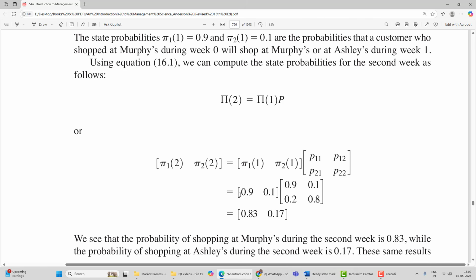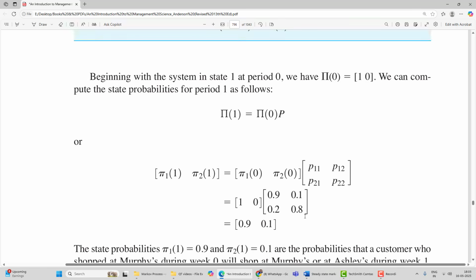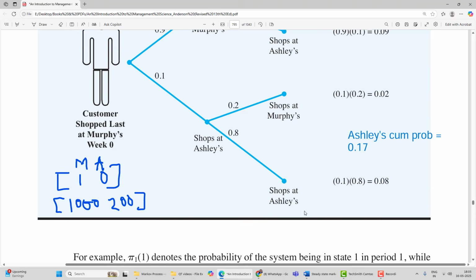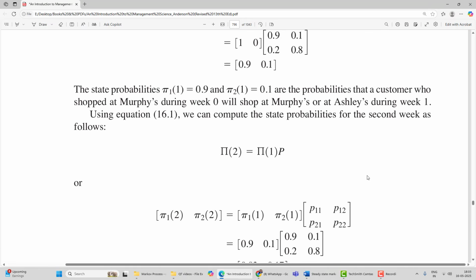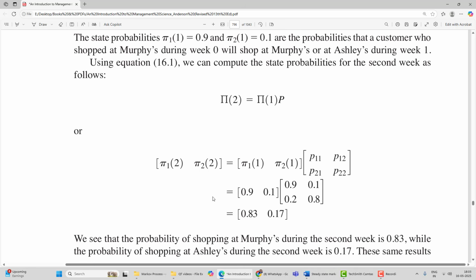So basically this first cycle's market share multiplied by the transition matrix. Again, 0.9 into 0.9 plus 0.1 into 0.2 will come here. 0.9 into 0.1 plus 0.1 into 0.8 will come here, and this exactly matches with the answer which we got. So this is how you need not use the decision tree, but you can keep on using the matrix multiplication,